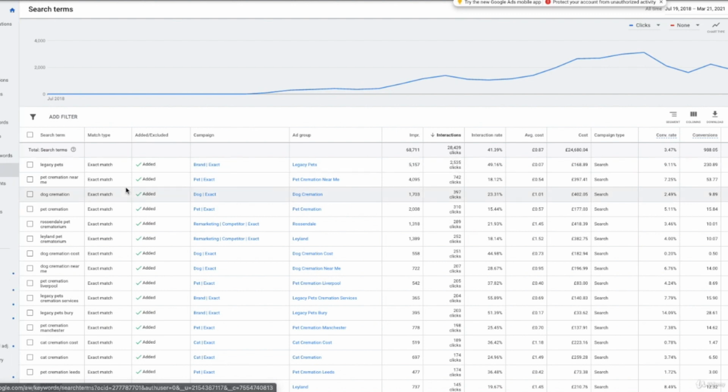Now, typically, search query reports should be high up on your regular optimization list. So you want to be doing these, depending on account size, maybe once a week, it might be once a fortnight or once a month, depending on how much data you've got running through and how tidy and strict your account is. And also, obviously, the match types that you're using. If you're only using exact match